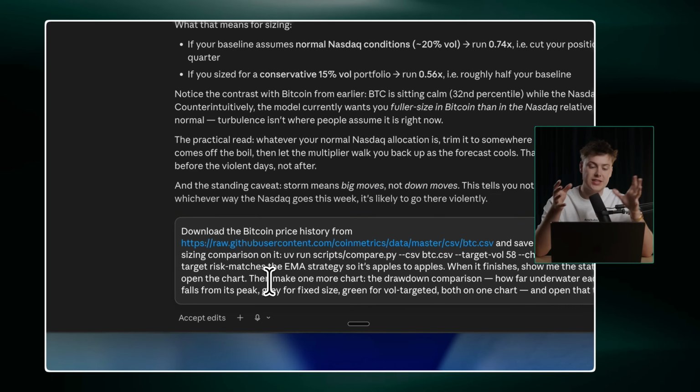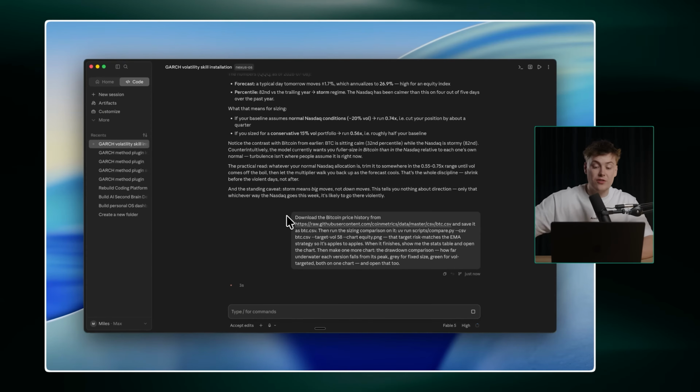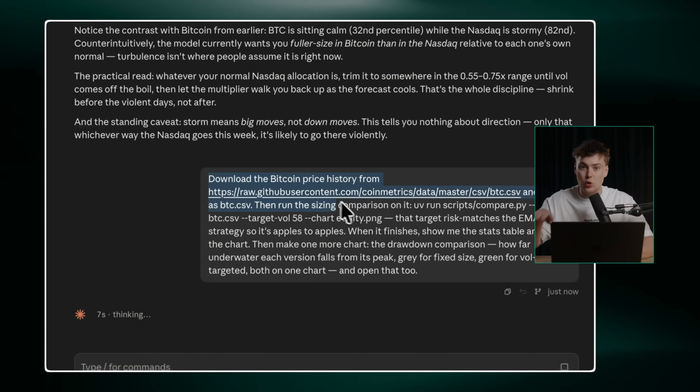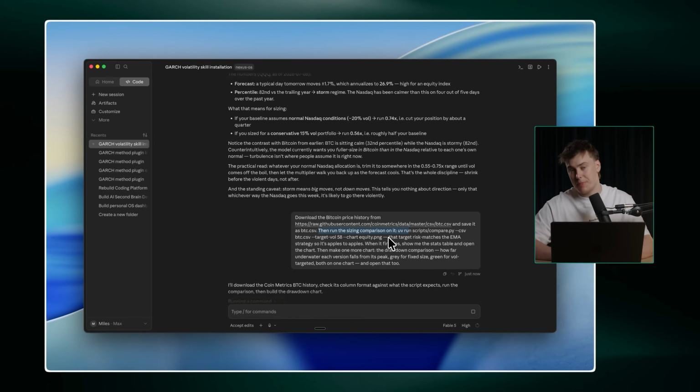Let's actually test if this can make money. So I'll test it with a very popular strategy, which is an EMA cross on Bitcoin, which is trained on 15 years of data, once at a fixed size and once the quant way using the skill. So I essentially just asked it to download Bitcoin price history in case it didn't have access, run the sizing comparison on it, and then make sure the target risk matches the EMA strategy to make sure the comparison is